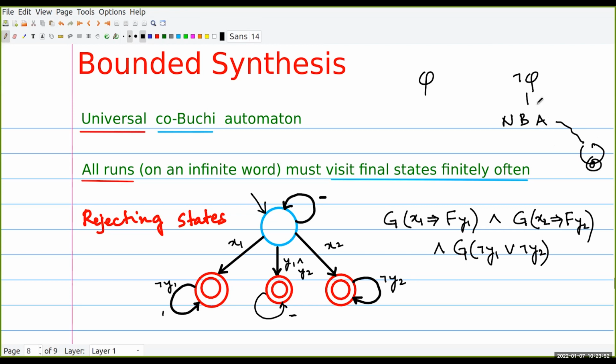Right? Now, if the only things that we allow to cycle around final states infinitely often are those infinite runs that violate phi, then every run that satisfies phi will see these final states only finitely often. Correct? This NBA, since I'm constructing it from negation phi, the only runs that it allows to cycle around final states infinitely often are those that satisfy negation phi, and therefore those that violate phi, which means that